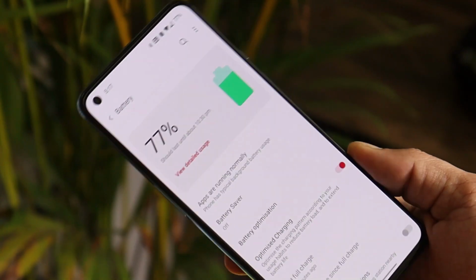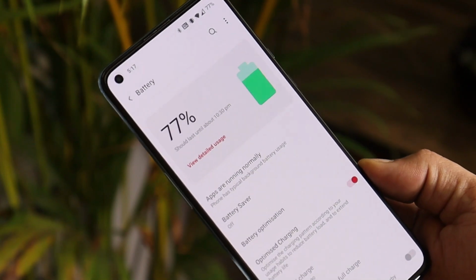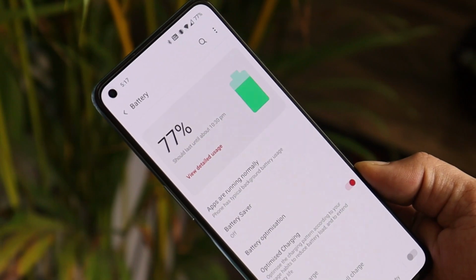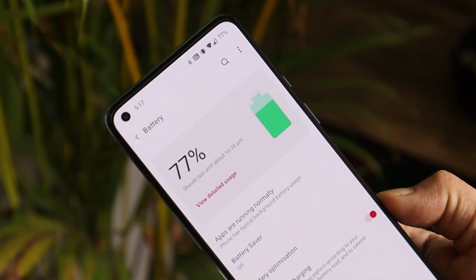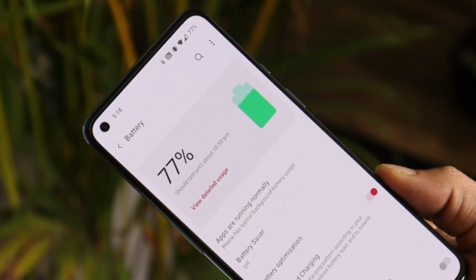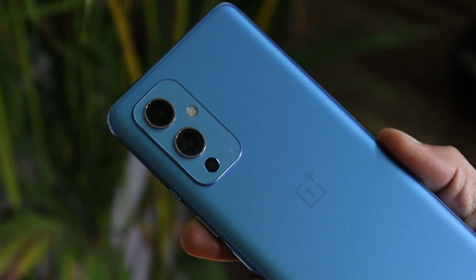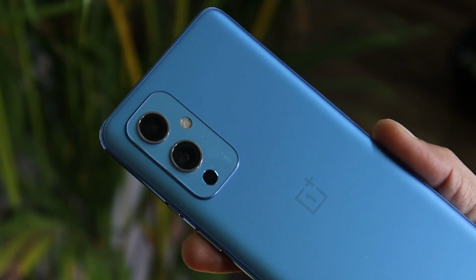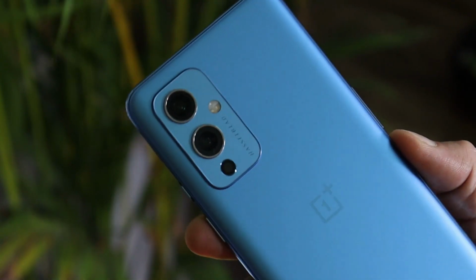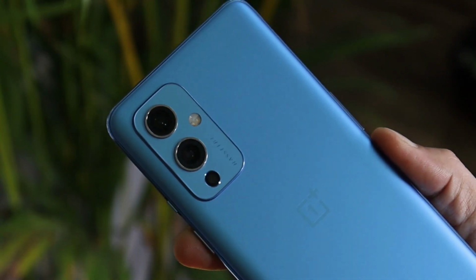Though after this update I have seen slight improvements related to the charging speed of the device. I have also made a dedicated charging test in 3 different modes, with screen on, with always on display, and with screen off. So I'll leave that video in the description below, you guys can check that out. But overall I have seen slight improvements related to charging. So these were the few minor issues I've been facing on my OnePlus 9, and among them one of the most irritating is the warming up of the device, and that issue has been faced by almost all OnePlus 9 users. So if you guys haven't received this OTA update, I won't recommend you to update right now, wait for the next build.